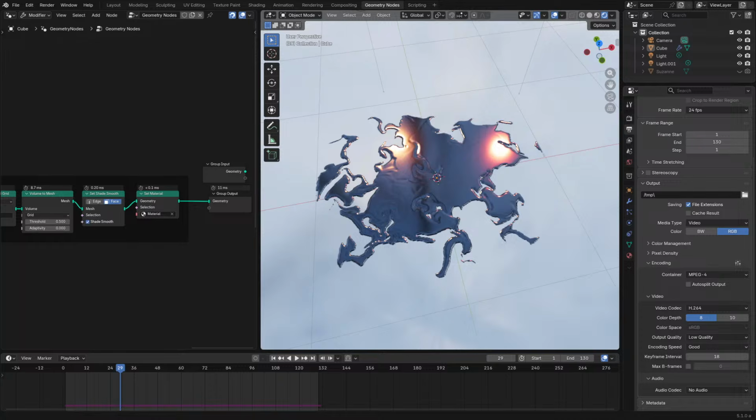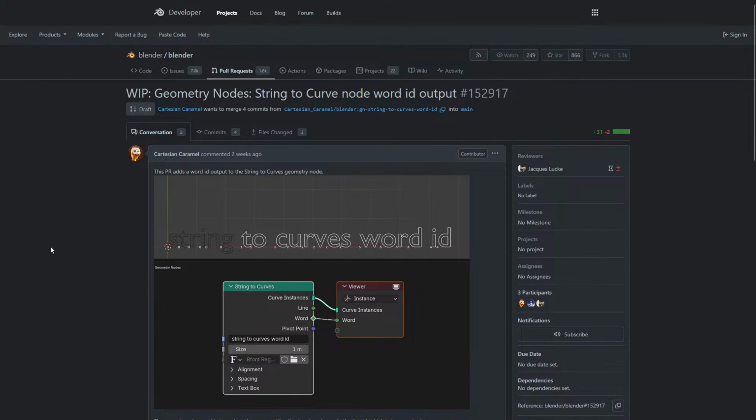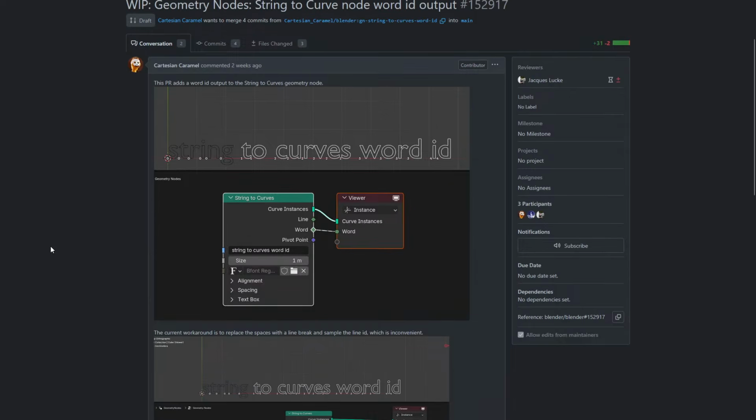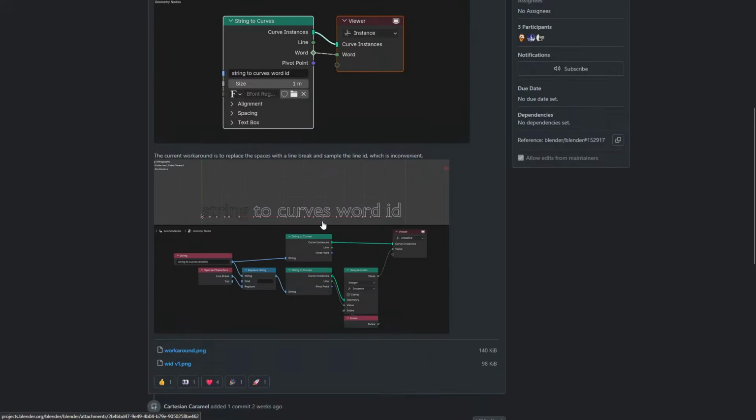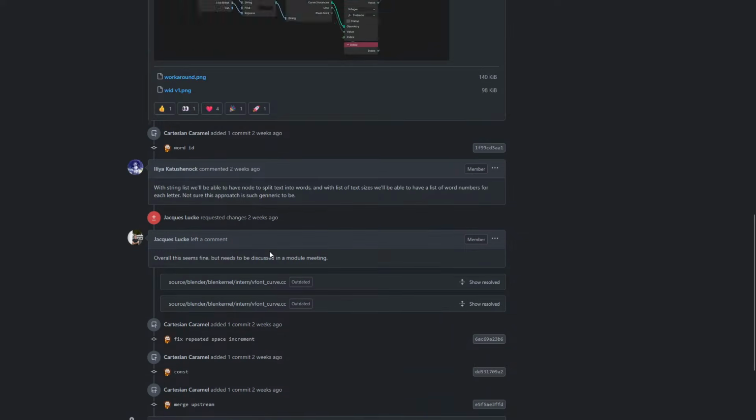And also I'm gonna get the curve to node word ID out, curve to string. There we go. Welcome to another day of news in Blender. Okay, so let's look at this. The first one, this one will probably make it in 5.1. It's basically just string to curves with a word ID output, which is pretty simple. It wasn't too difficult to implement. This was discussed in a module meeting, so I should